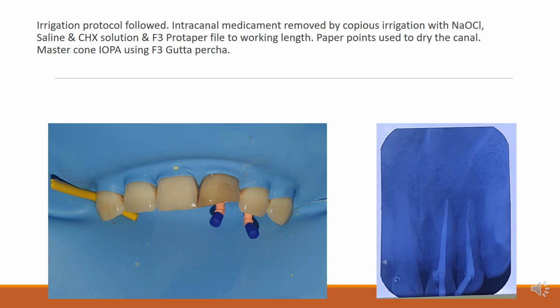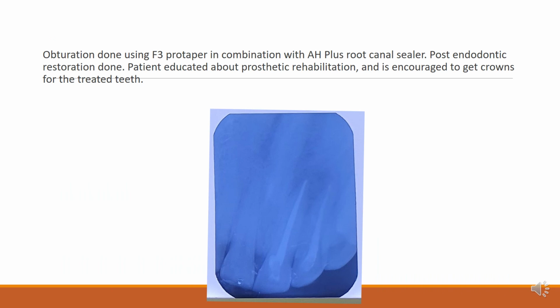So then what we did is we removed the intracanal medicament, placed the master cone, took an X-ray, everything looks good. So here you can actually observe the bone healing has happened. We can no longer see a large periapical lesion. The trabecular formation has started. Good time to obturate. So then we proceeded with the obturation. So now, after the obturation, we also finished the post-endo restoration.